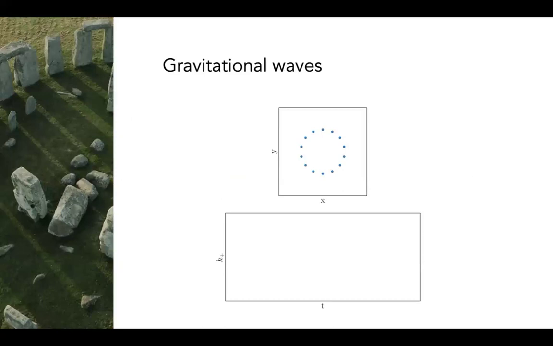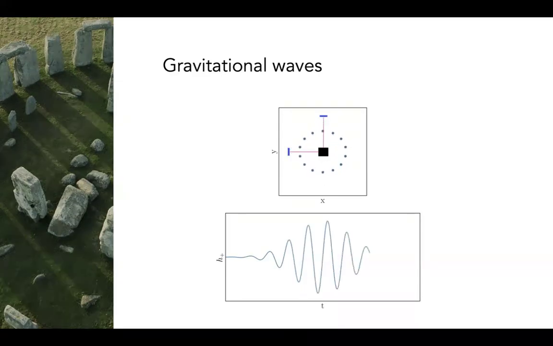As they pass through us, like if you have a circle of stones and a gravitational wave passing through, the effect on this one is effectively wobbling, and that's roughly it. However, this is an extremely exaggerated movement. So of course you need some really fine lasers that measure distances very accurately to capture this